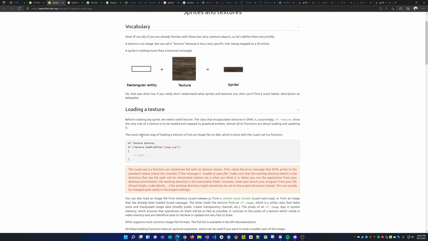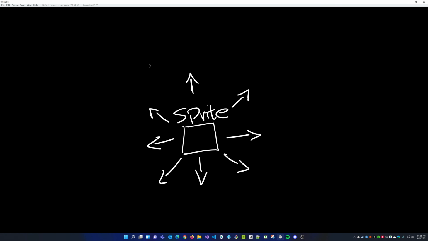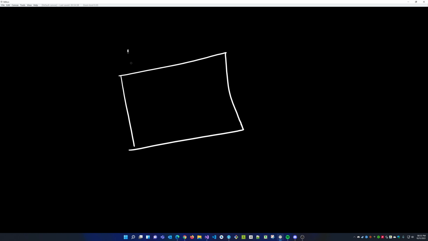All right, before we jump into this, let me explain two things. What's a texture and what's a sprite? Well, a texture is basically an image, right? A texture is a box, and this box contains pixels, depending on the texture.